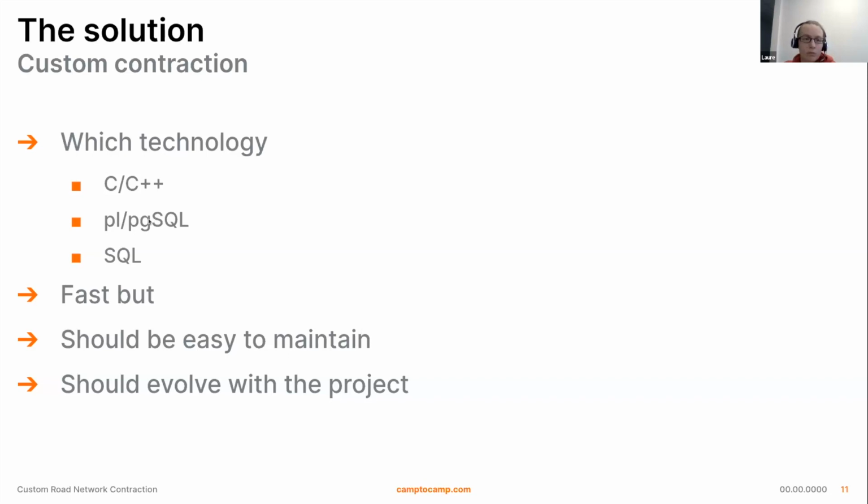It would have been more precise, crawling and reducing from edge to edge, but it was taking too long. So in the end, we chose basic SQL, and it was more efficient because it's like bulk treatment. And also it was easier to maintain and easier to keep up with the project evolving.